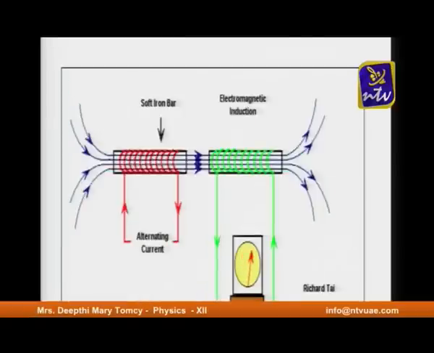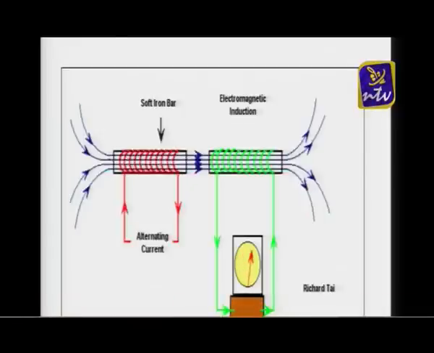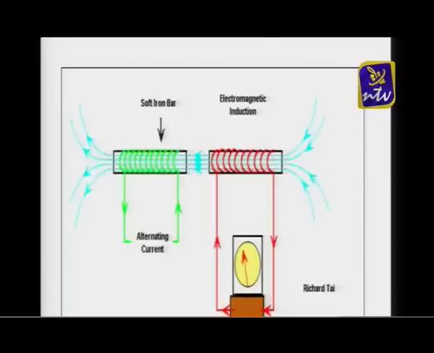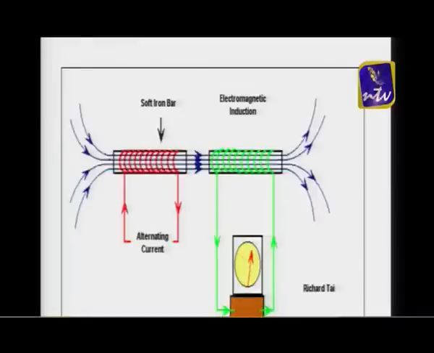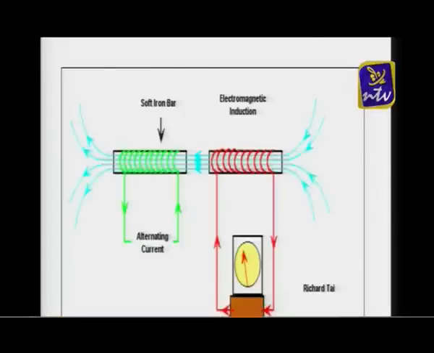This is also an example of mutual induction, but you have kept it in another orientation via the core inside the solenoid. The soft iron bar is being kept in both the coils. The first coil where you are sending the alternating current is called the primary coil, and the second coil where you are getting a deflection is called the secondary coil. Since we are linking the magnetic field via the soft iron bar, the entire flux linked with the primary also gets linked with the secondary, thus current gets induced inside the secondary coil.